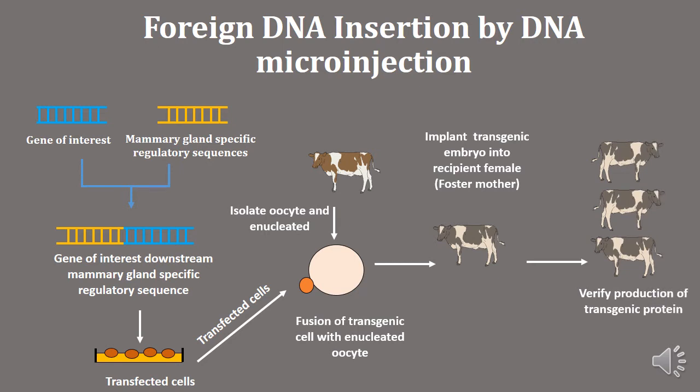The beauty of this process is that once the foreign DNA is successfully taken up, the milk expression becomes the dominant property of these offsprings, and this characteristic can be inherited to the next generation. Hence, it can result in a stable expression of a therapeutic or recombinant protein in the milk of these transgenic animals.